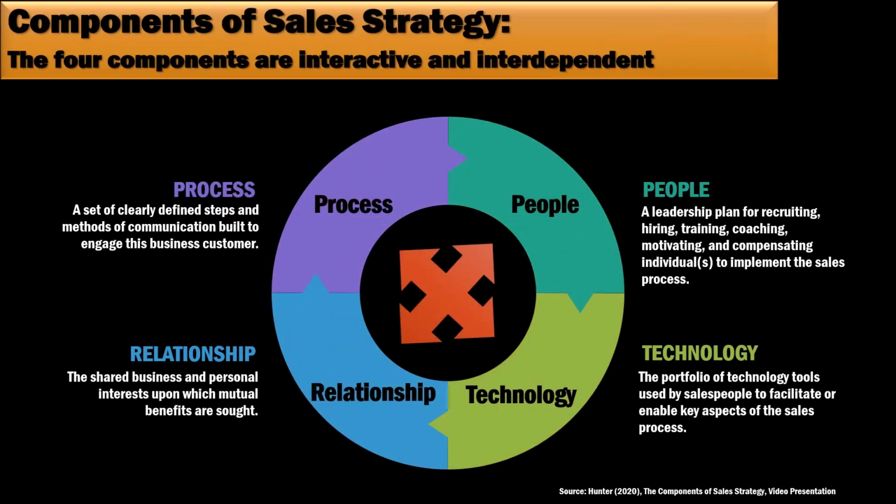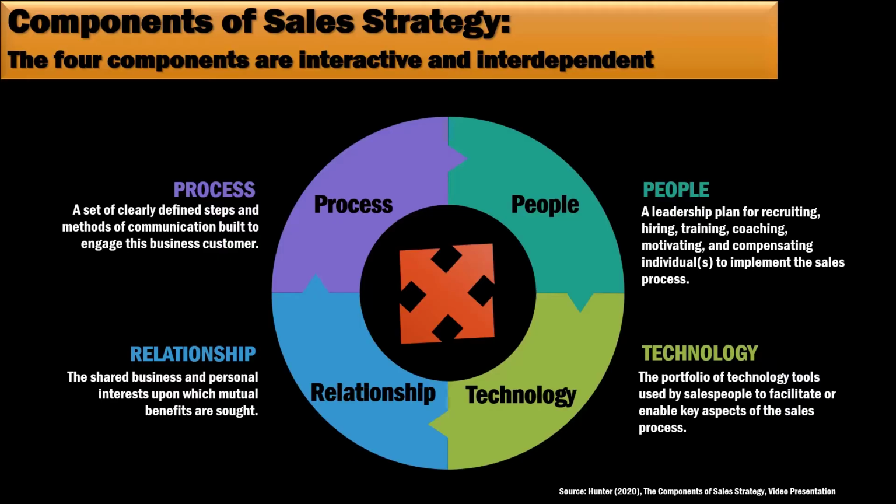So this interactive and interdependent means that, again, as I said earlier, change one and that affects the other. So if you think about that four-way cross that I put in the middle of that, you can see the idea. That's trying to convey the interactivity and interdependence of all of these different components. And it's not just straight across. Process can affect relationship, and process affects people, and process affects technology. So all these things sort of interact. That symbology is trying to get at that idea of the interactivity and interdependence between the four components.